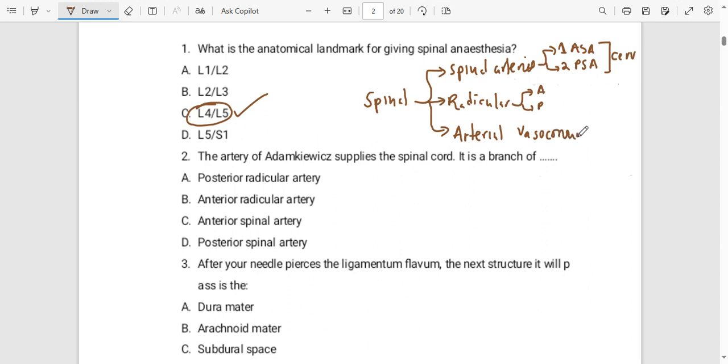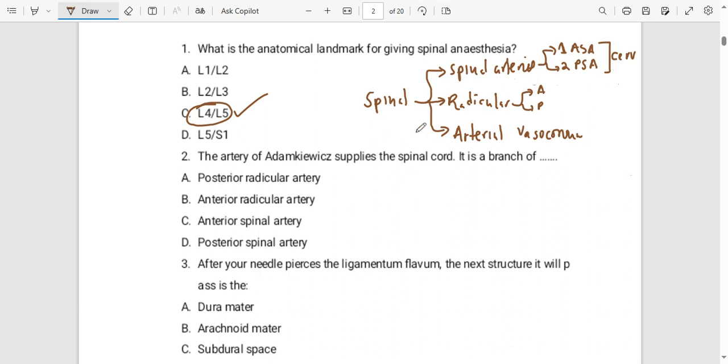Arteriovascular. Now, the arteriovascular are branches. It's a plexus of arteries that will penetrate deep into the pia mater to be able to supply the inner part of the spinal cord. Now about the artery of Adamkiewicz,